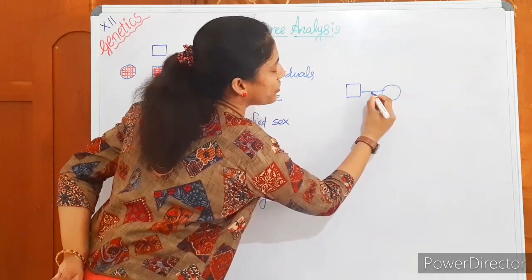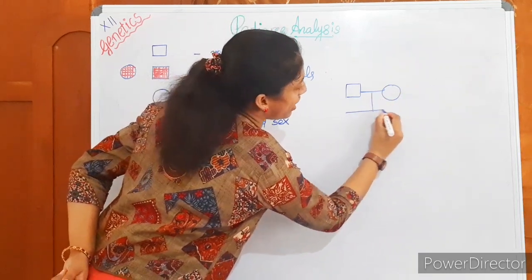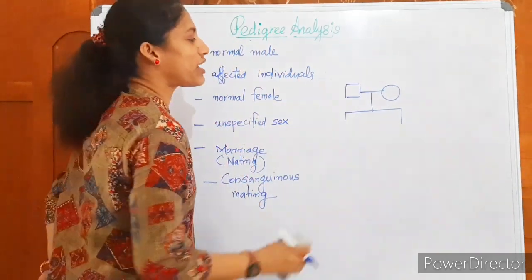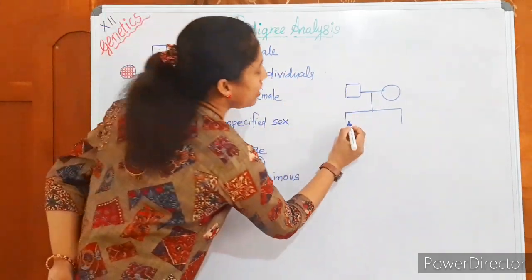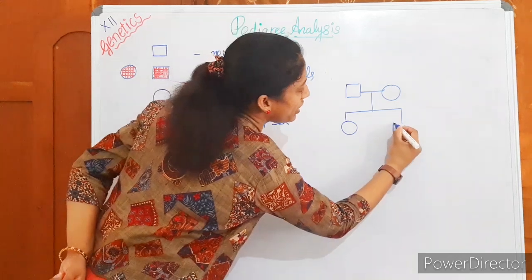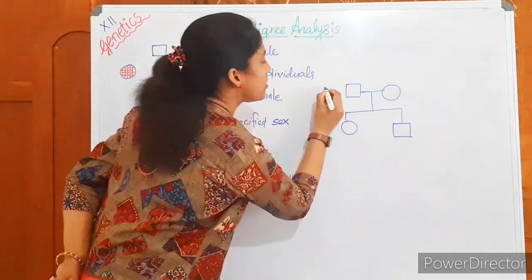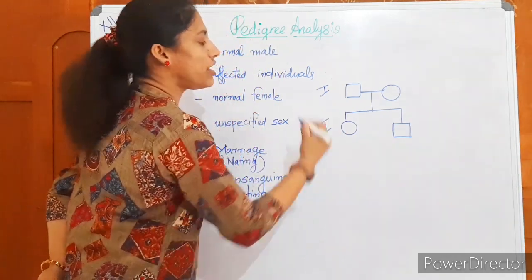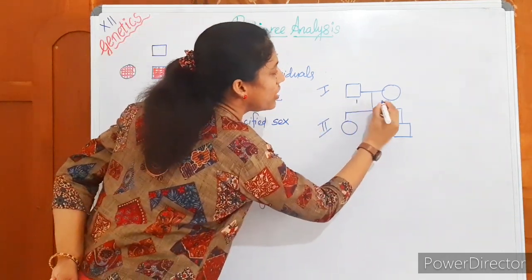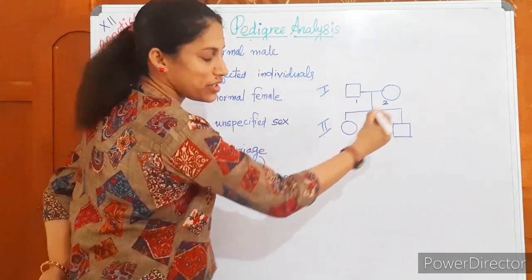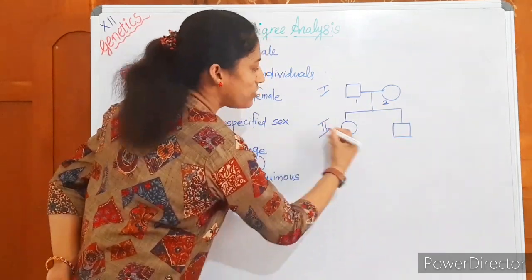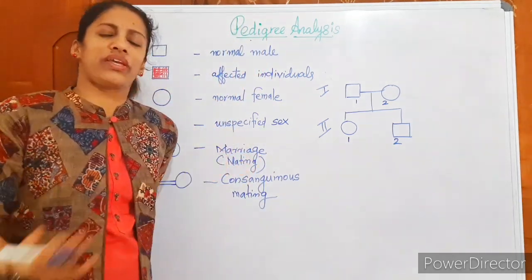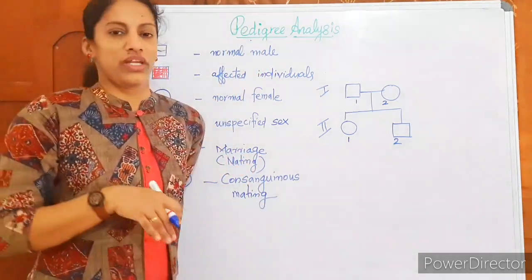Okay, then for the next generation, their offsprings are written below by a connection line. With the help of a connection line, their offsprings are shown below. This is written as first generation, this one as second generation. The individual numbers can again be 1, 2. Sometimes continuous numbers 3, 4 may be used. Otherwise, in the second generation we will start new numbering. This way we can give the numbers for the individuals.